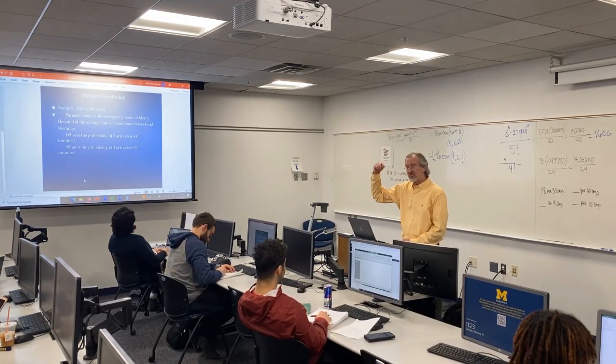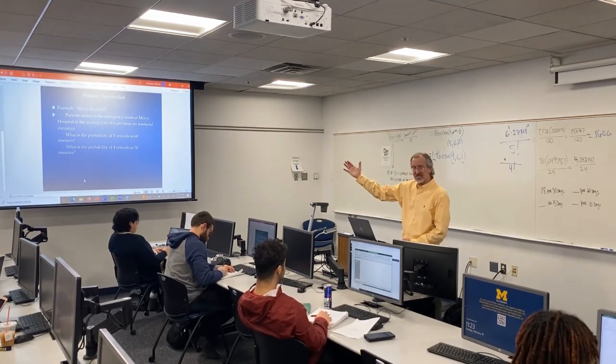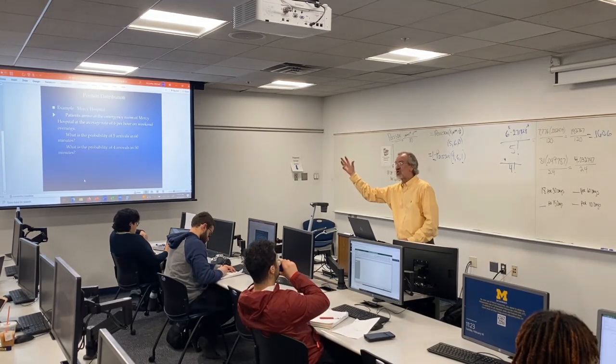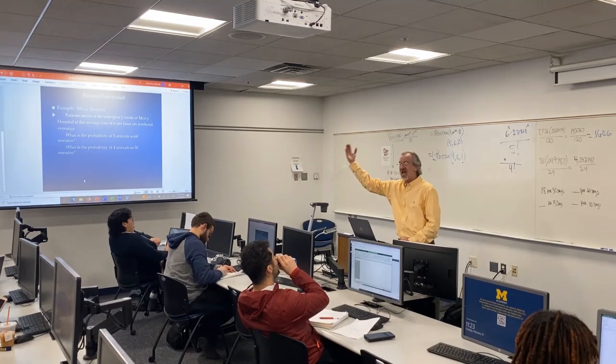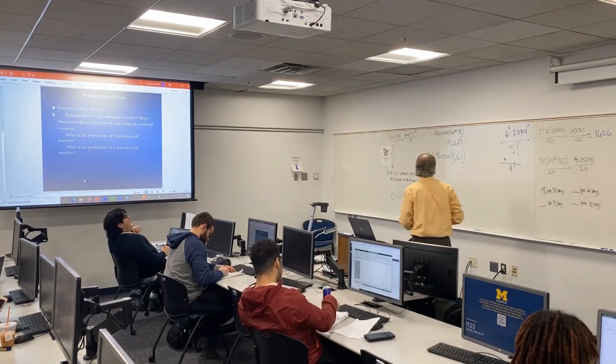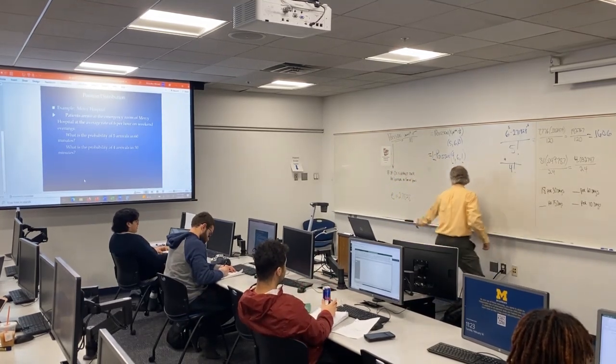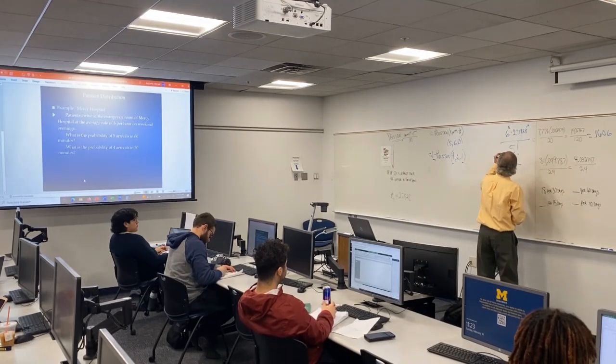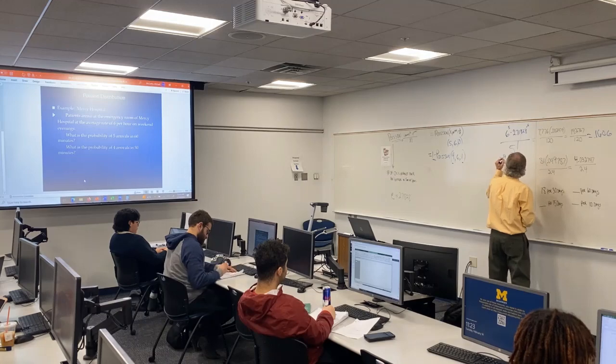You have to convert the mean to 30 minutes. Since the mean's at 6 per hour, 30 minutes is half of 60 minutes, so you gotta convert the mean from 6 to half of it, which would be a 3. So this is 3 to the power of 4, and